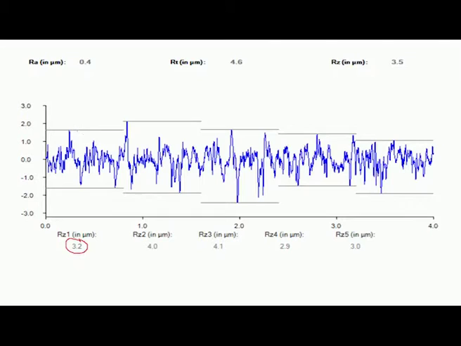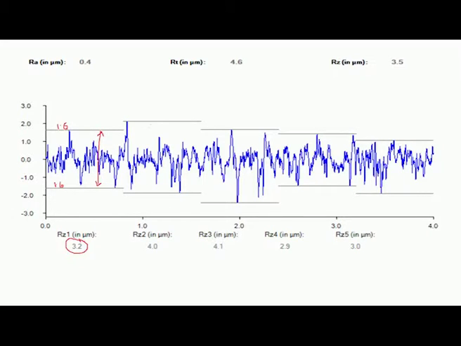This is the peak in this particular sampling length, and this is the valley. So, this distance is about 1.6 micrometers, and this is about 1.6 micrometers. So, when we add these two, we get 3.2 micrometers.